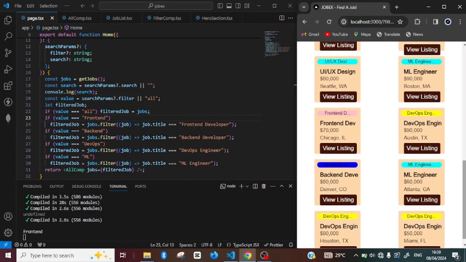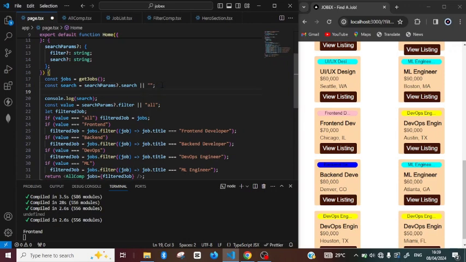So first we are going to say if search is not equal to undefined, or search is not equal to an empty string, then